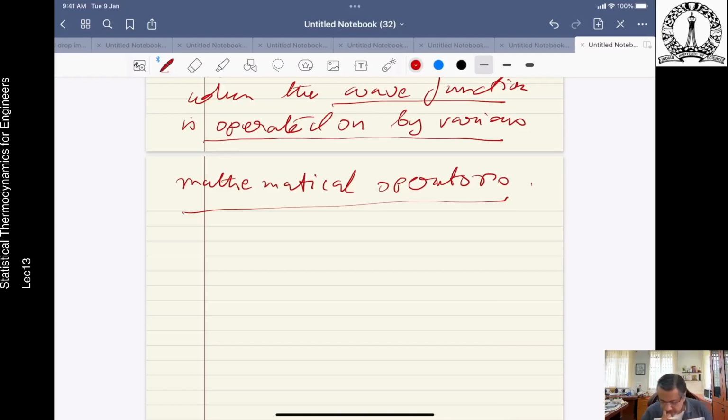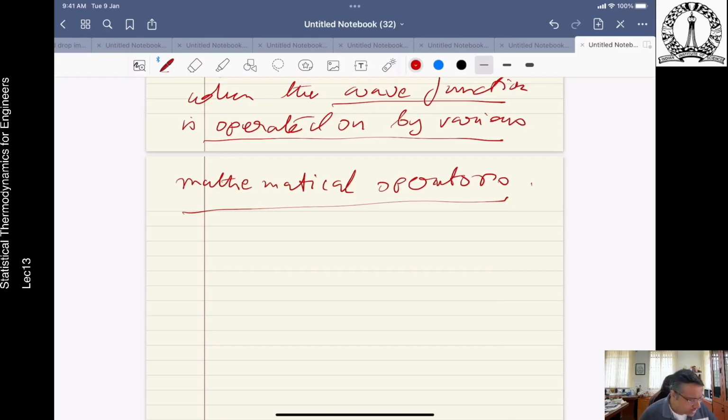But you can see, when the wave function is associated with a mathematical operator, then only we get a physical significance of that particular quantity. It's almost like a weightage fraction, some kind of a probability cloud for a particular variable, and then only the physical significance arises for any dynamic variable, whatever that dynamic variable can be.